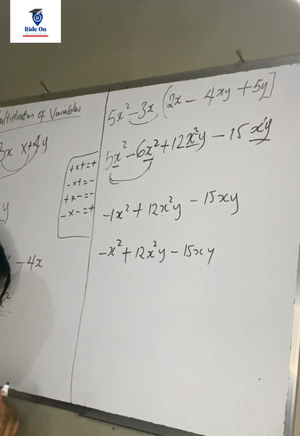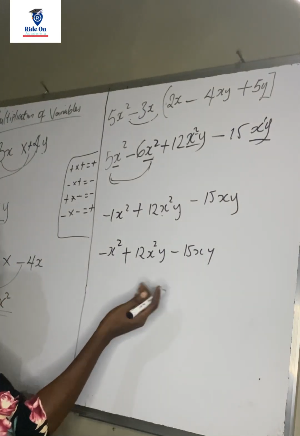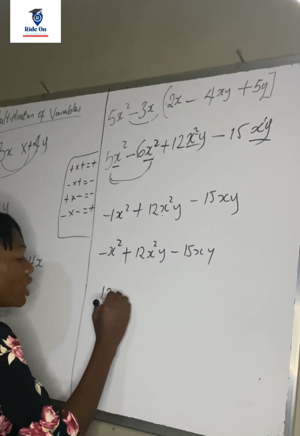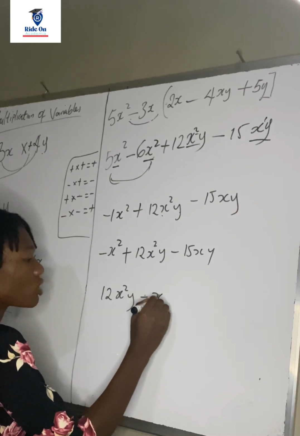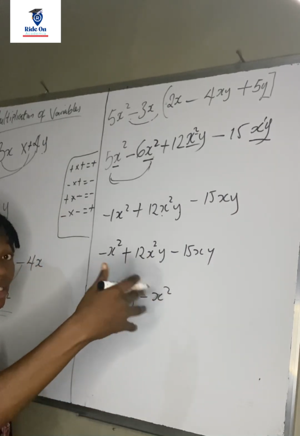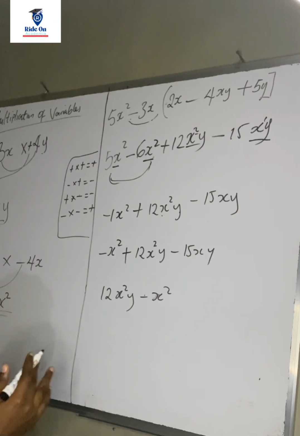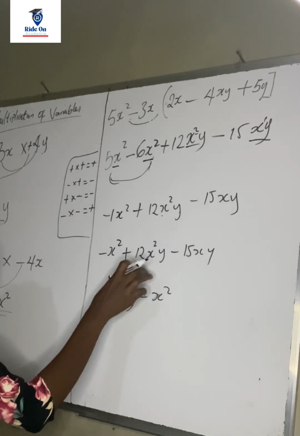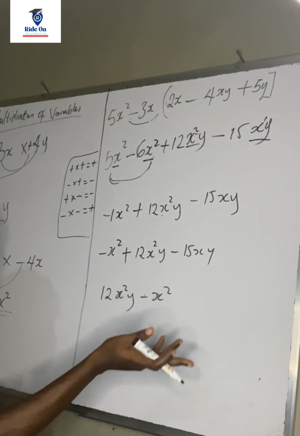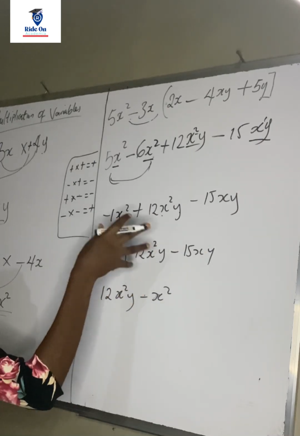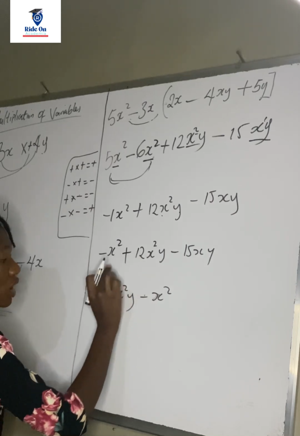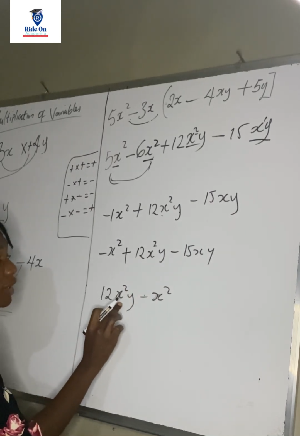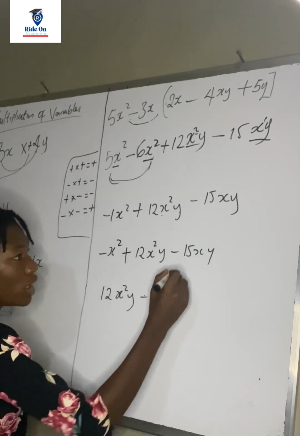And then some people may even like to arrange it, maybe using the positive to come first, right? We can arrange the positive to come first, and then we can have 12x squared y, all right, and then minus x squared. Okay, I'm not changing the signs because we did not cross over any equal to. There's no equal to here, we're just rearranging, so it is on the same side, so there's no need to change the signs. So we have plus, the plus became invisible, 12x squared y, and then minus x squared and minus